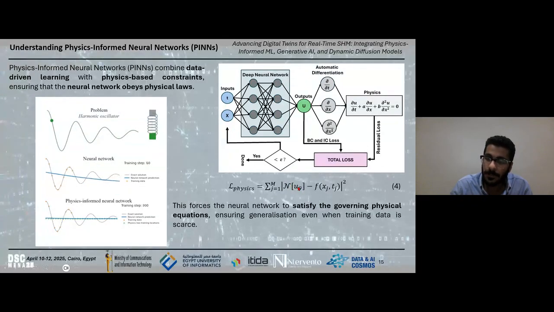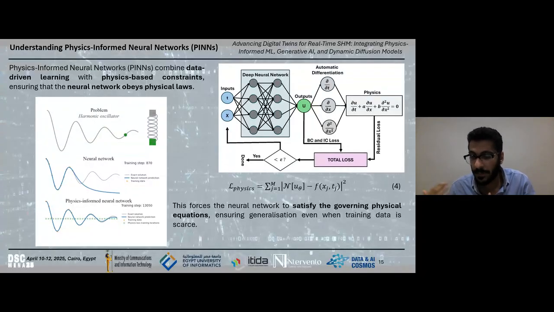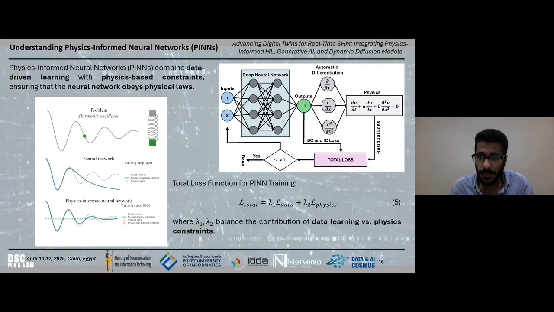You can include these physics equations into the loss function to increase the possibility of having a low error during the training of the model. Once it's trained, the loss function combines the balanced contribution between the data learning and the physics contribution. So it's not based on the training of normal or traditional machine learning.